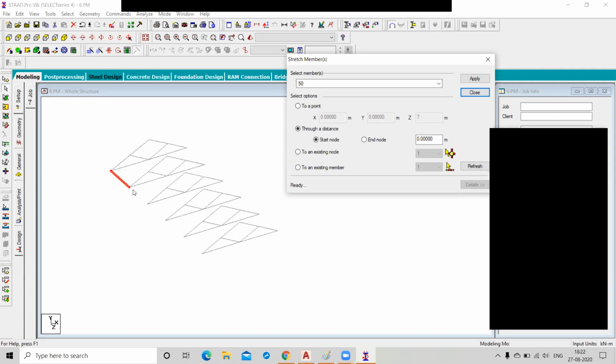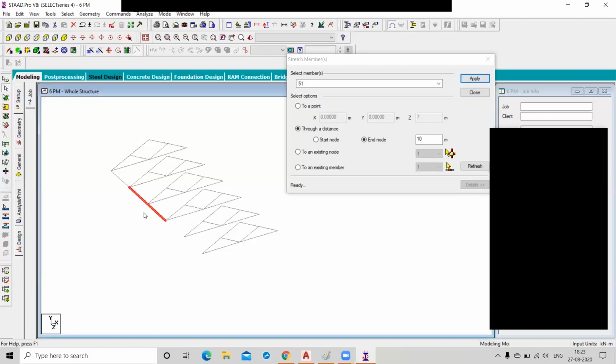So from which node are you going to increase the distance? Select your end node, right? And how much distance do you want to stretch? 10 meters. You can specify 10, right? Apply.